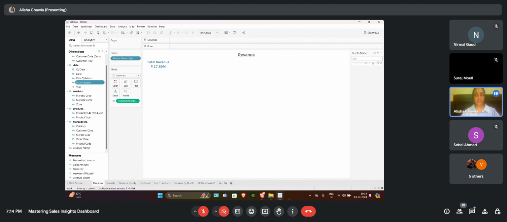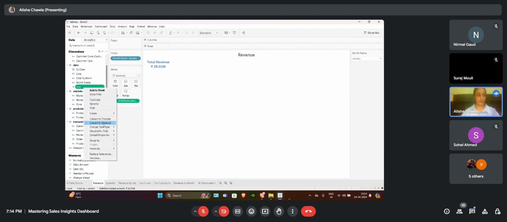Similarly, we have multi-value list, where a person can select 2-3 values. Multiple values drop down is similar. Multiple values custom lets us type, but it is not recommended. So what we will use here is single value drop down.